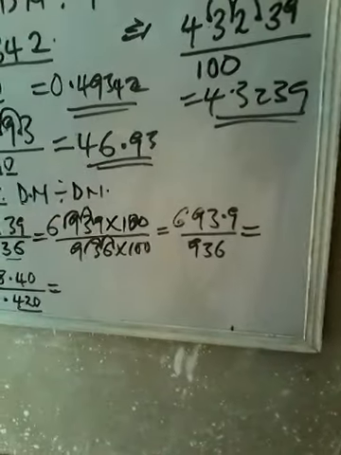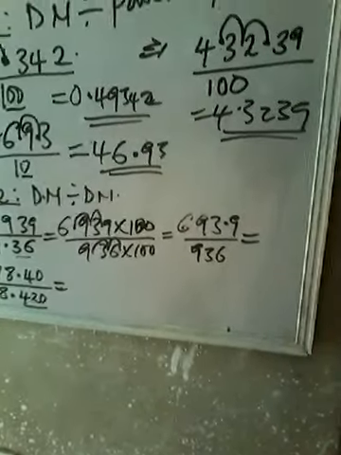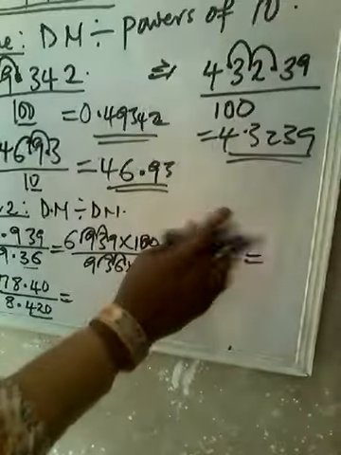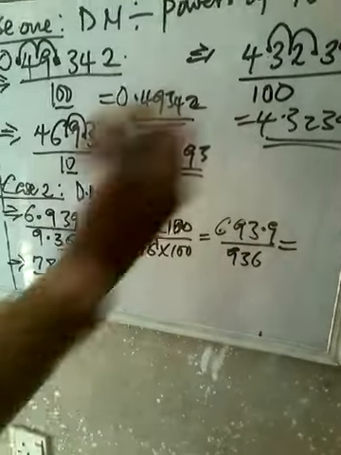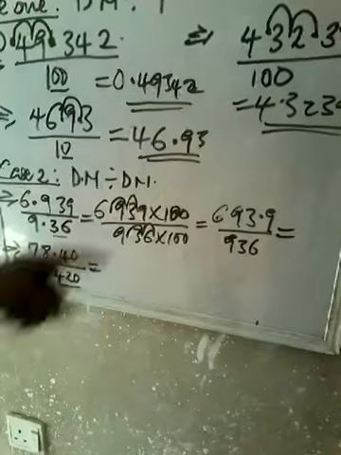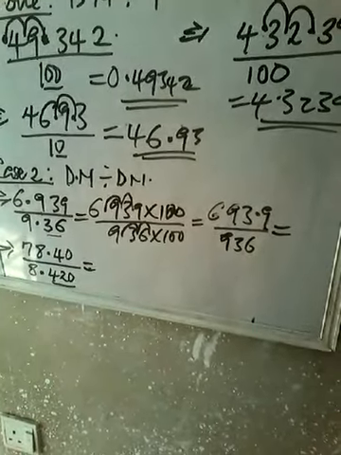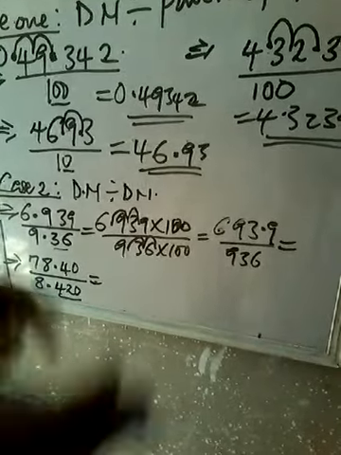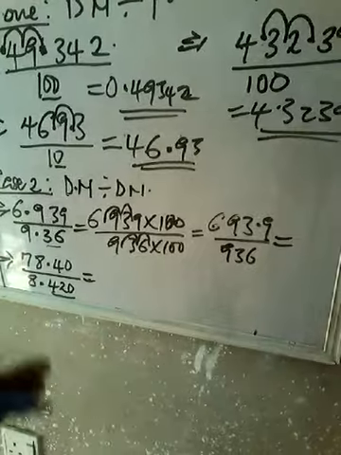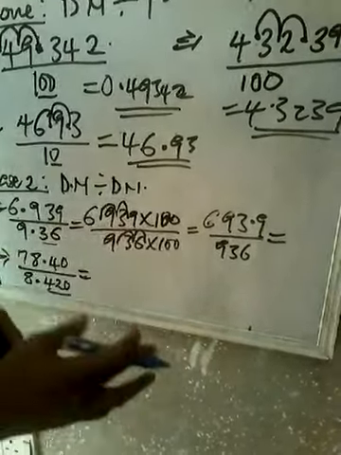Remember, you go back to your test of factor, test of divisibility. The knowledge of your test of factor will help you here to divide any number, no matter how big they are. Look at this. This one is ending with 9 and this one is ending with 6. 2 cannot divide up and down. You are looking for the number that can divide both numerator and denominator. Now go to the test of factor for 3. The test of factor for 3 says that 3 can divide any number if the sum of all its digits is divisible by 3.